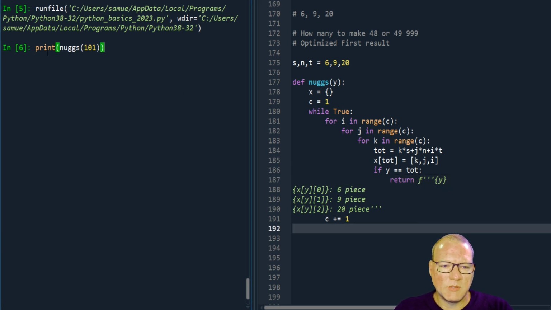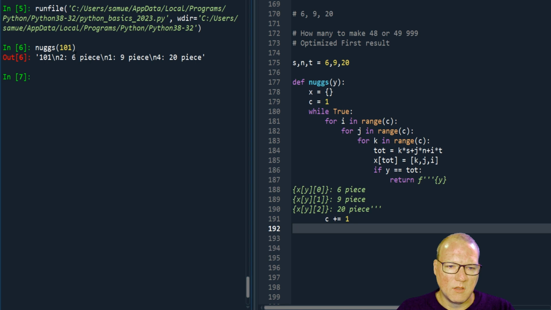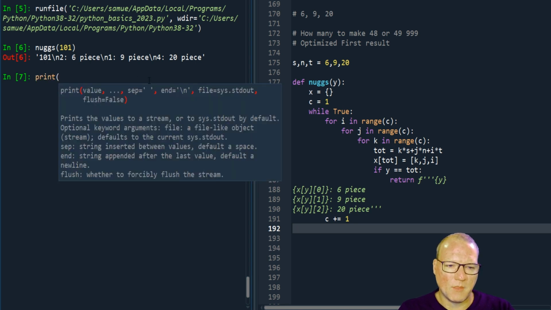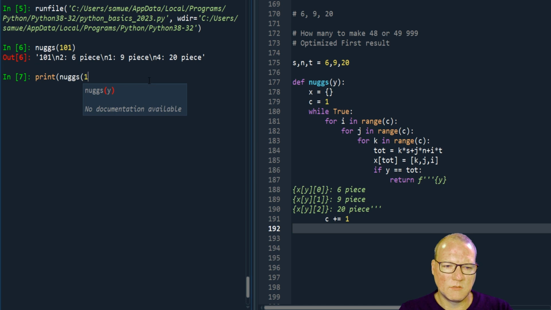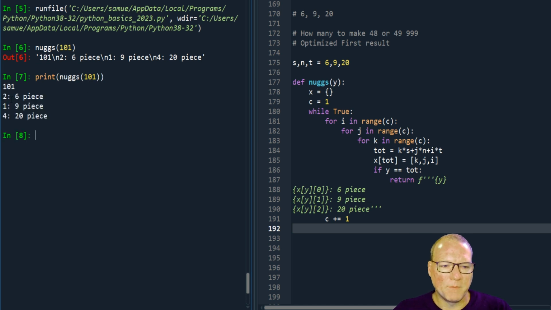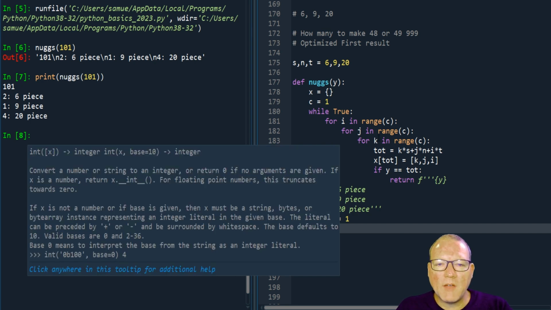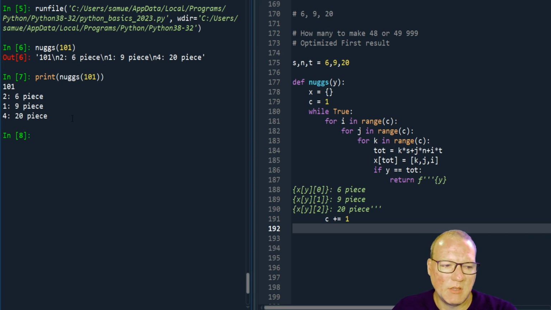Actually, let me just show you. Nugs. This will be the string, and it'll look a little weird. So let's just do that, 101. So now, there we go. So now if I print this, there we go. So see how we have a much lower number, because if we were to print out C, instead of us checking combinations of 10, then 10, then 10, we're finding the lowest number of combinations for